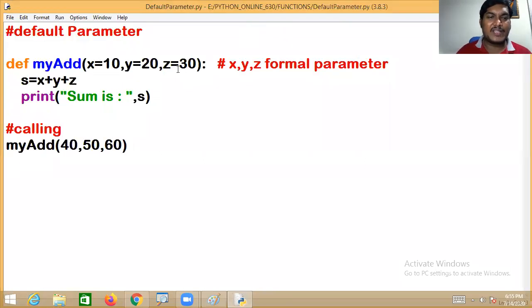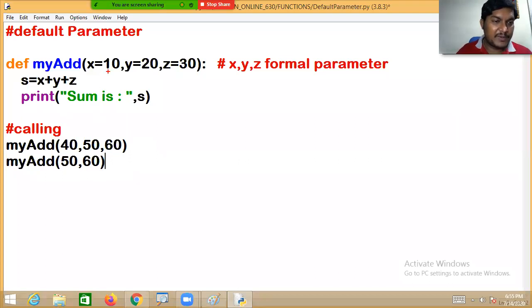Sir, what is the use of this default parameter? Default parameters take place whenever we fail to pass sufficient parameters. Assume I am passing 50 and 60 while calling my_add.